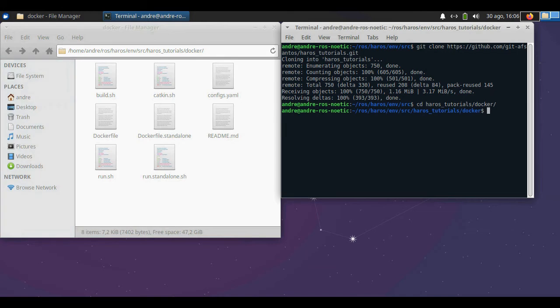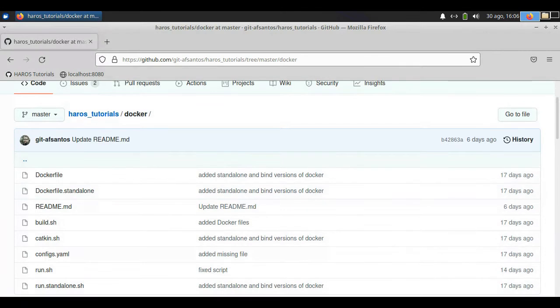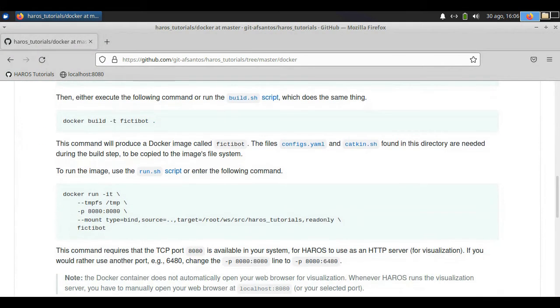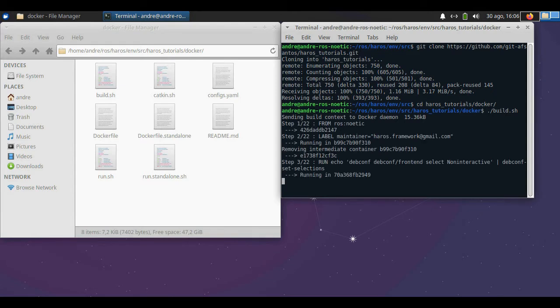So let's get back to the instructions. The first step is to execute this build script that is already available in the repository. This build script is going to create the Docker image from scratch, and this is likely going to take a while, so we can speed up the process here just for demonstration purposes.